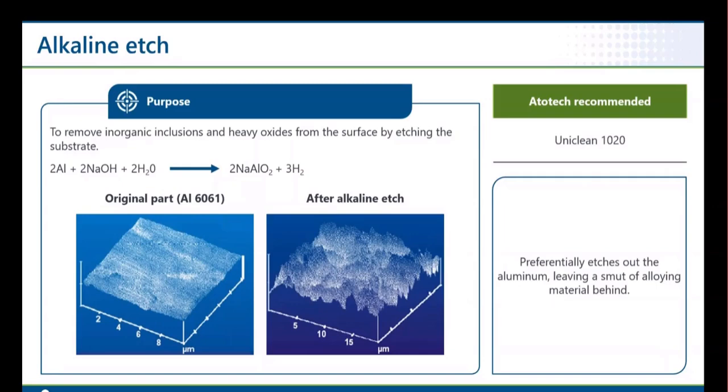The surface topography during the etching process can become rougher, as is indicated by the atomic force microscopy image shown. On the original parts and after the alkaline etching, you can see the big difference between the before and after the etching process. The other thing is we must take special care for cast materials because during the casting process,